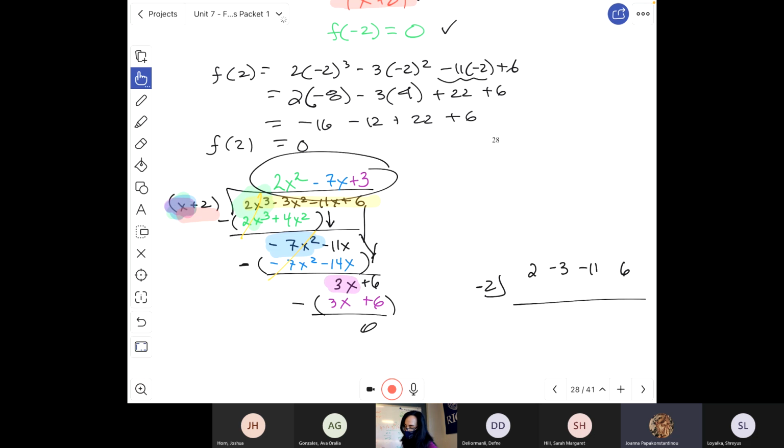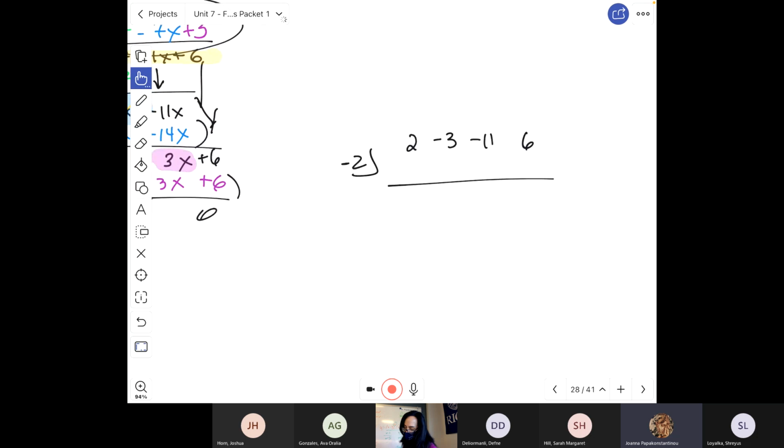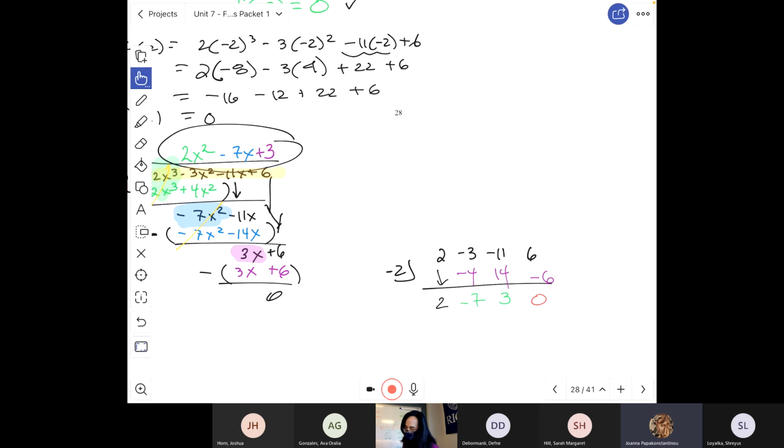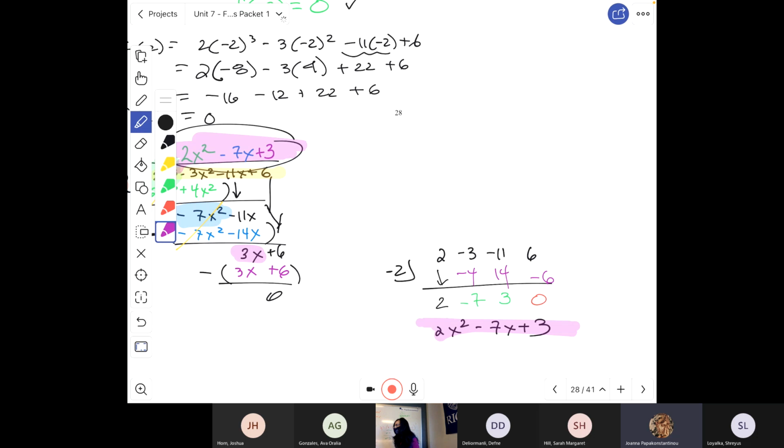Let's do synthetic division. Because why would we not? First term, bring it down. Multiply. What do I get? Negative 4, then we add, yes, and we get negative 7. Then we multiply and we get, and then we add, and then we multiply, and then we add, and we better get a remainder of 0 because we said it was a root. Now, look at this. We started with, what was the degree? 3. So this is 2x squared minus 7x plus 3. That's fantastic. That's absolutely fantastic. Is that not fantastic? Isn't that a beautiful thing to see on your first day back after all that craziness